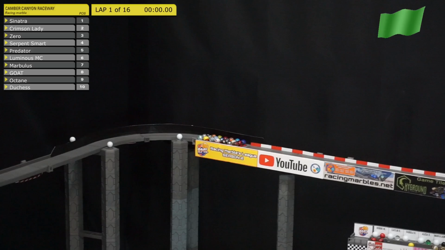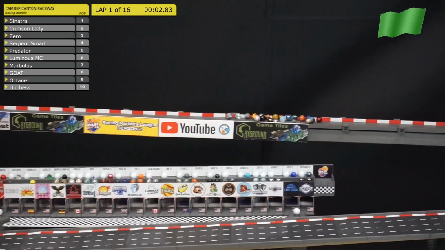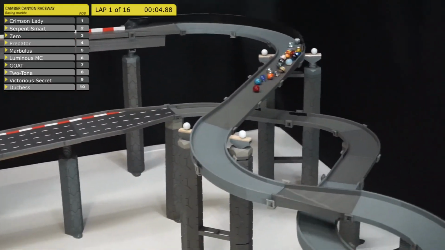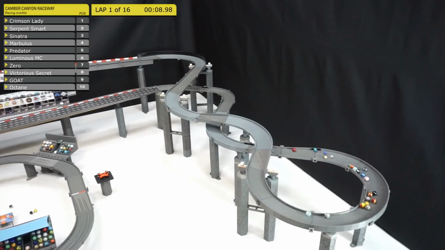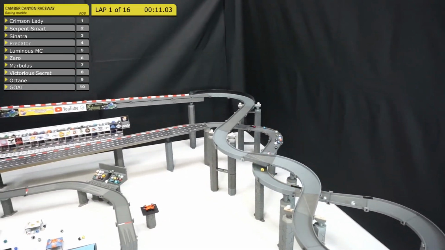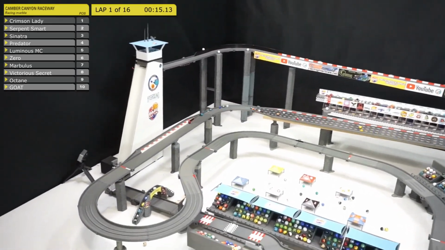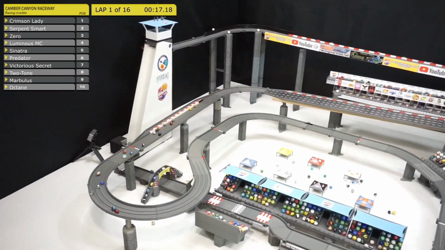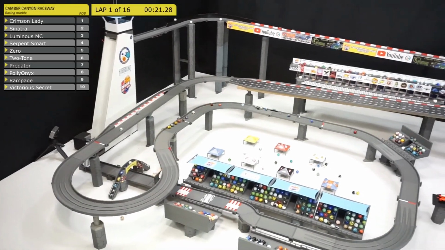The marbles are in the gates. They are rolling, and it's Crimson Lady diving out into the lead already. Sinatra dropping back to 3rd, now 4th, and it's a pack of marbles heading through the first curves as we head to Sector 2 for the first time. Serpent Smart coming out of the pack as well. Zero nudges into him from behind, and he can't get around any of the other marbles,